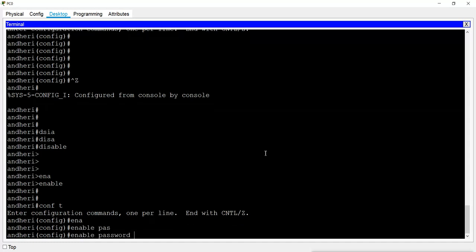Now this is the command which never changes. Then the value, that means the password you want to assign, and you can give any password here. So let's say I will give here ABC@123.